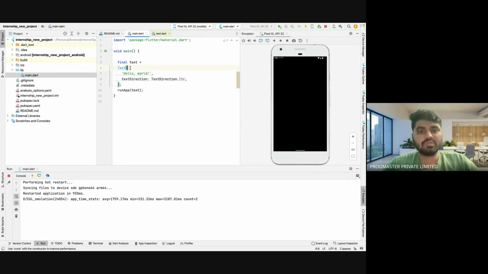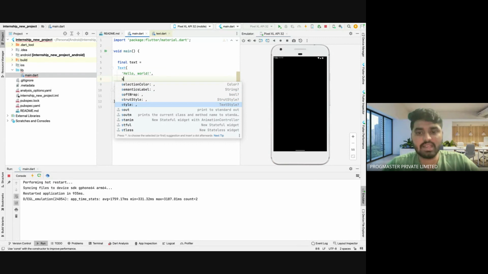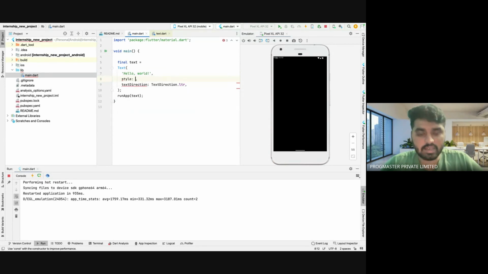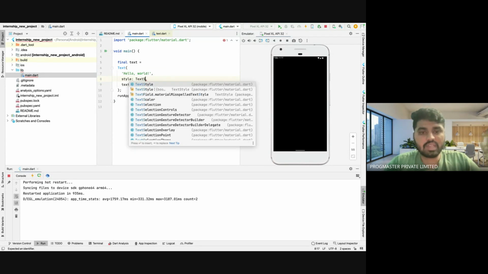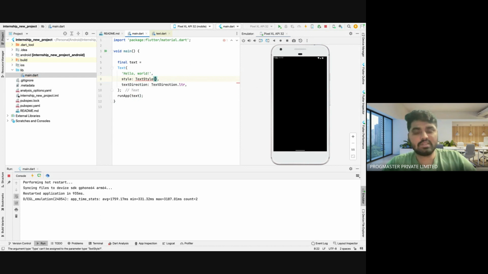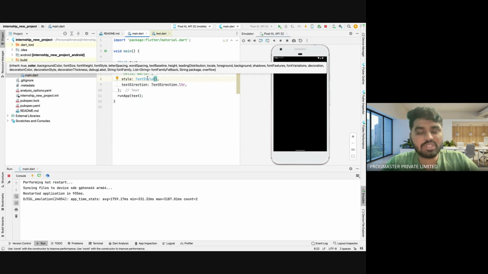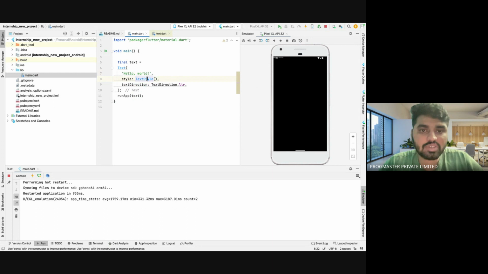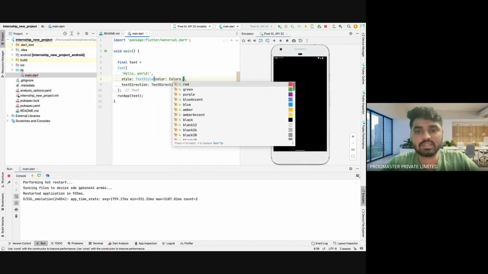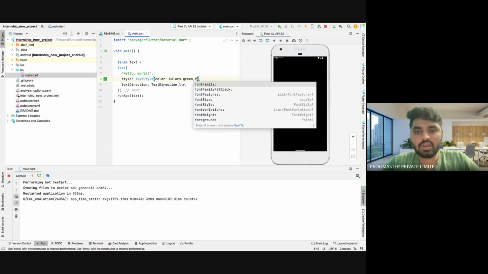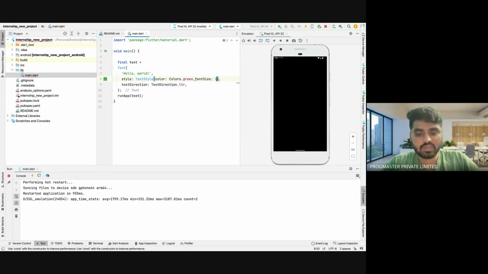The style is of type TextStyle, which is another object that defines the text style and is already present inside Flutter. So if we give the color as Colors.green and the font size as 14,